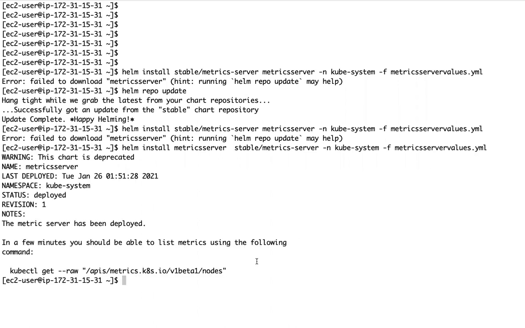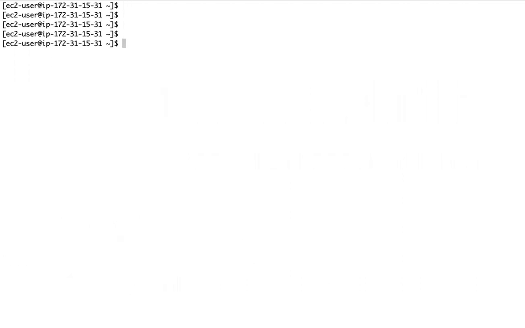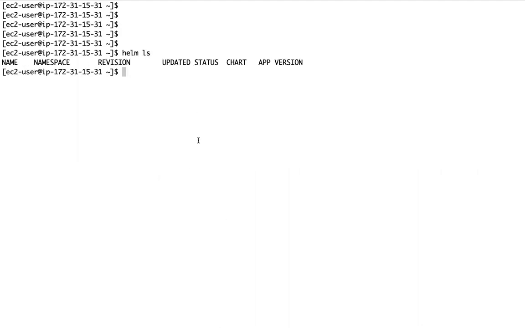Now if you see, the application is installed using Helm chart. Now if you see helm ls, under which namespace did I install, why is it not showing as of now? Under which namespace did I install that application? Helm ls.